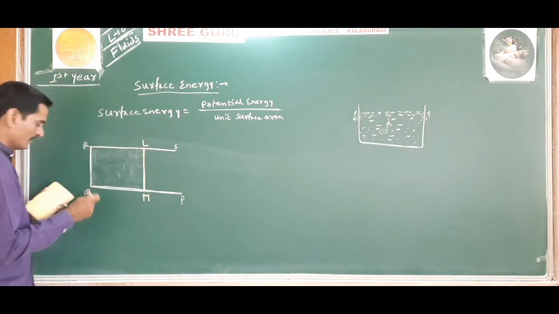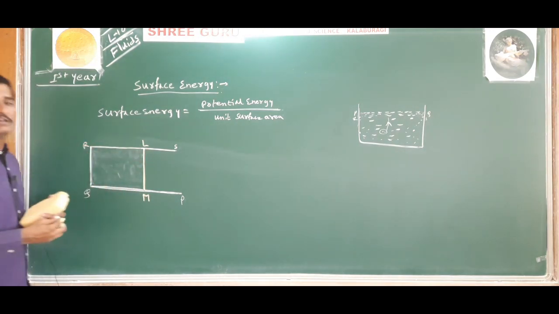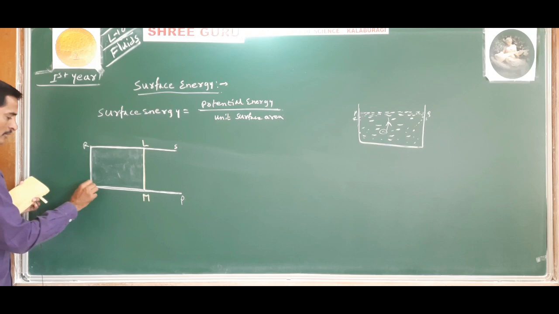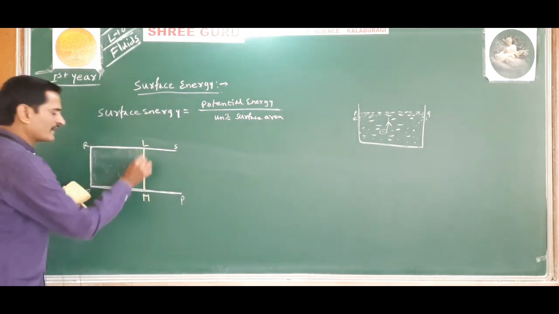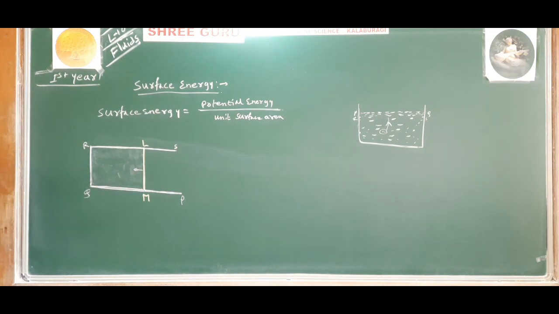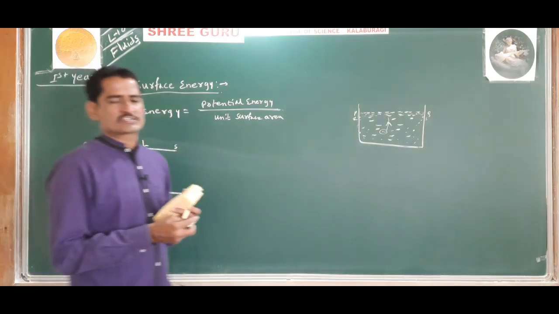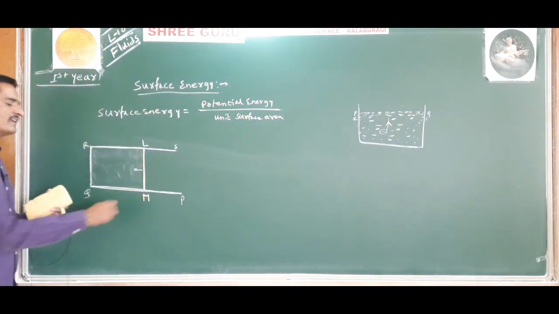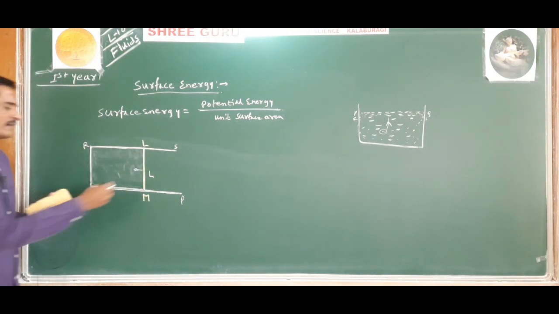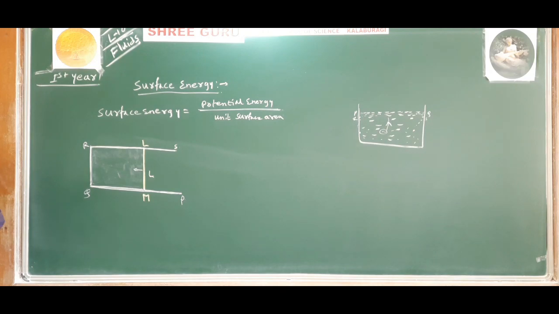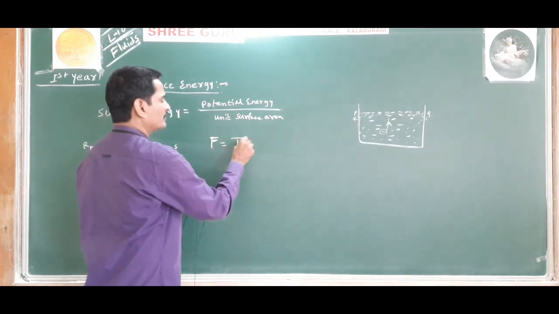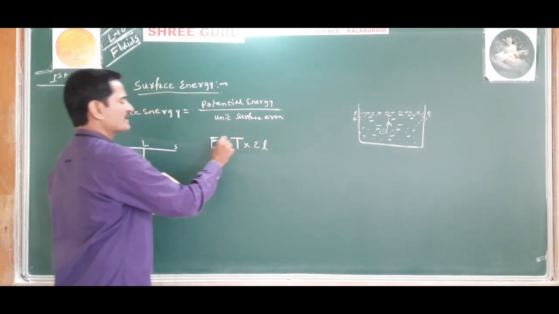and the sides RL, RQ, QM are not movable, whereas the side LM is movable. Hence, the side LM is pulled in by the surface tension. That is, a force acts on the side LM of length L, so that the side LM is moved inward, and the force acting on that side is given by F equals T into 2L, where T is the surface tension of the liquid.